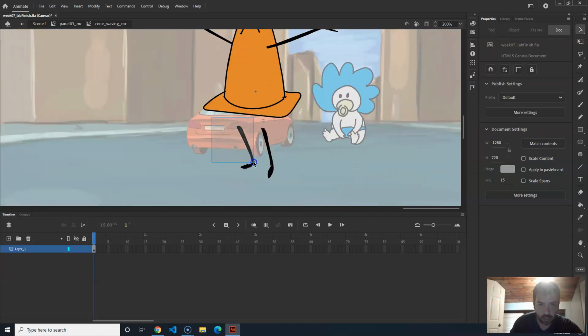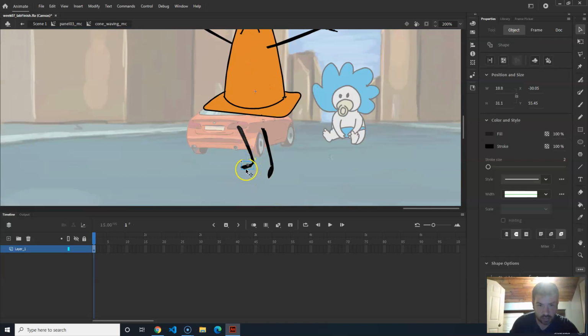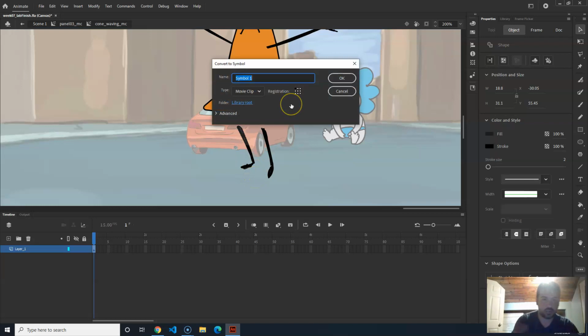Okay, so then I'm gonna click and drag, and I'm gonna hold shift and unselect these. So now I just have this, and I'll hit F8 again. This is obviously not the cleanest way. I normally would draw these out better, but just for the sake of expediency. So upper leg,